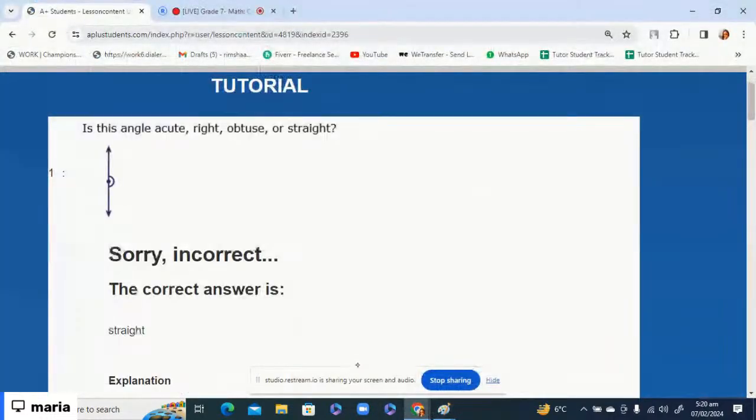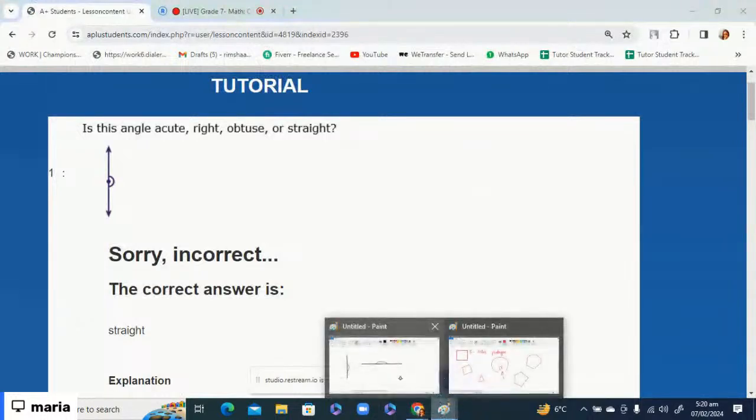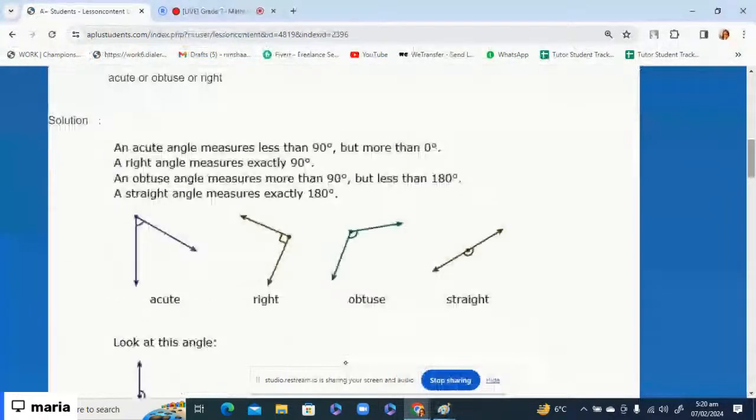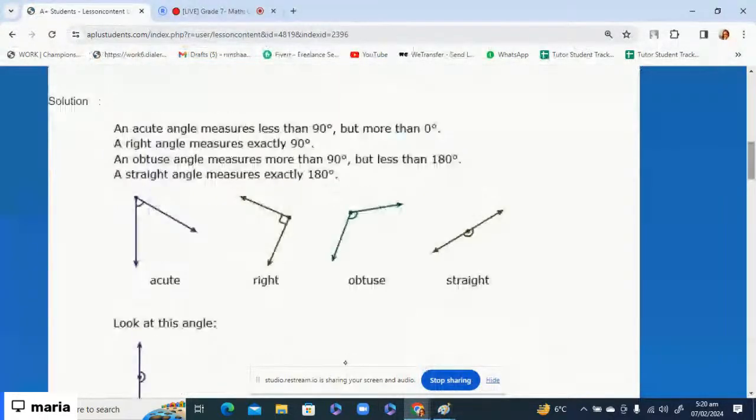So is this angle acute, right, obtuse, or straight? We already know it. What is a straight angle? Look here, the straight line angle. So now here is the straight line angle. So we can say that this is a straight line. Look, these are all